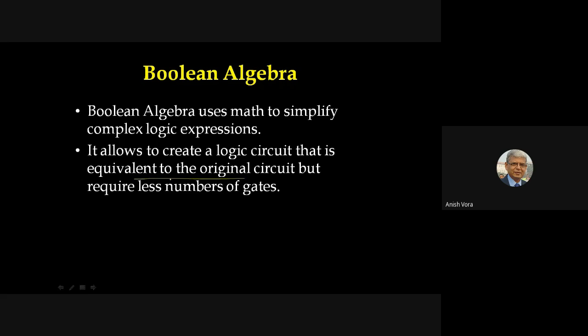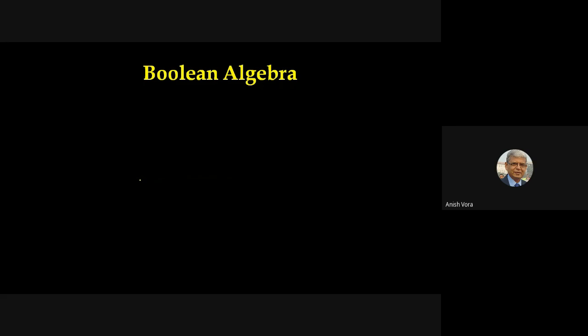Say equivalent હોવી બહુ જરૂરી છે, right? કોઈ બી circuit કેમ પણ બનાવી નાખવી, that is not important. But the circuit we reproduce, that must be equivalent to the original circuit, functionality wise, right? So function wise it should be equivalent to original, but it requires a less number of gates. Less number of gates એટલે less number of hardware. So Boolean algebra,